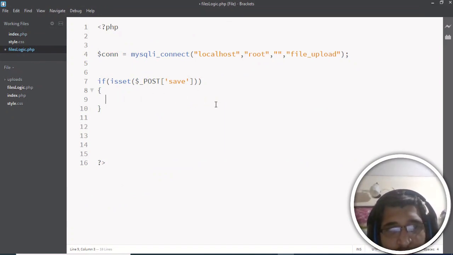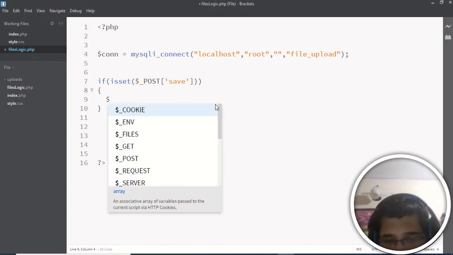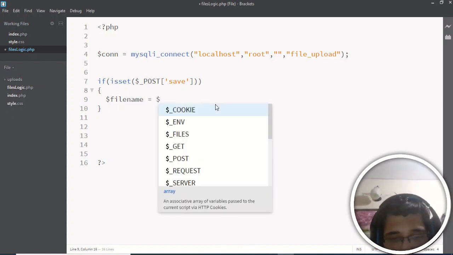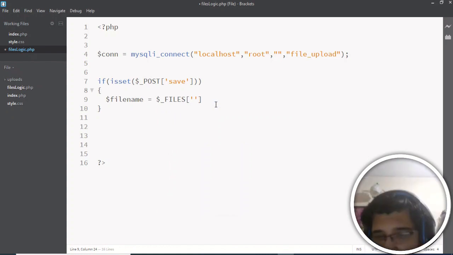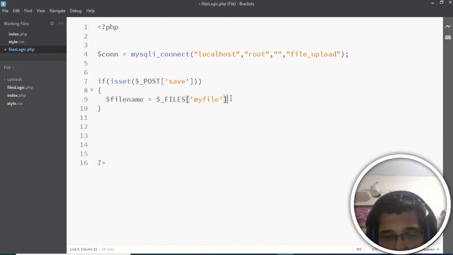Now we just need to insert the entries into the database. First of all, we will be grabbing the file name, and for grabbing the file name, it is very easy. Just create a variable here of file name. Here I will be using the files array, which is there inside PHP. Whenever you are working with files, this is a global array which is available for us. This holds the name attribute that we have given to the input tag here in the index.php. You can see that my file is what I am using here, and there is a property inside it which holds the name of the file which is to be uploaded. So this is the original path,